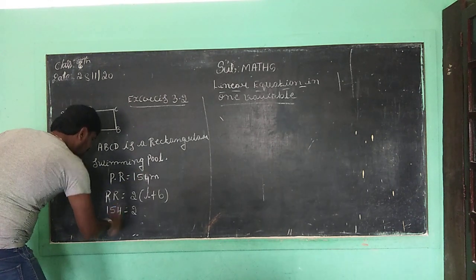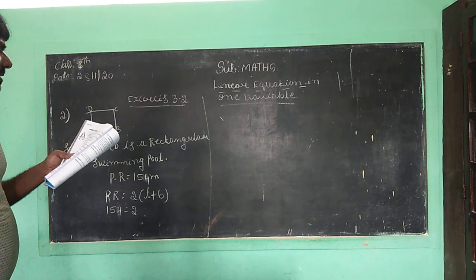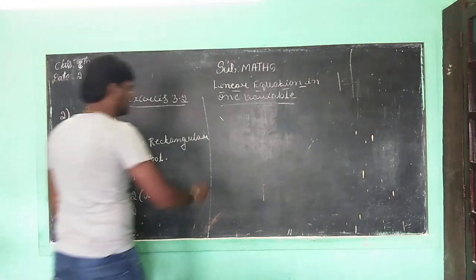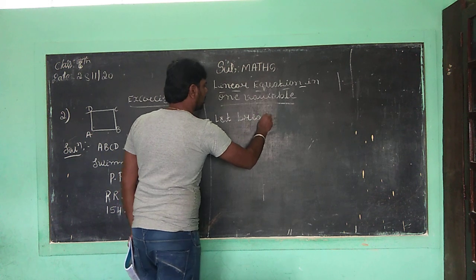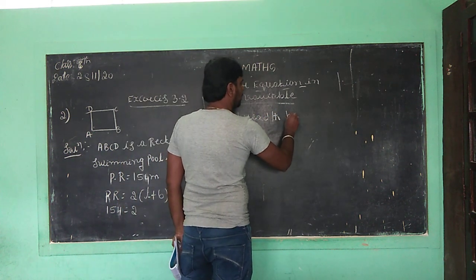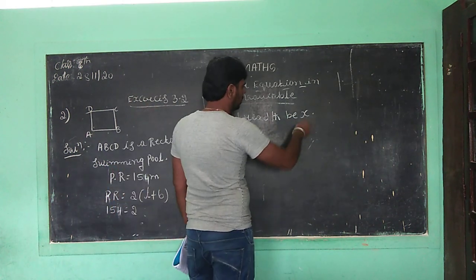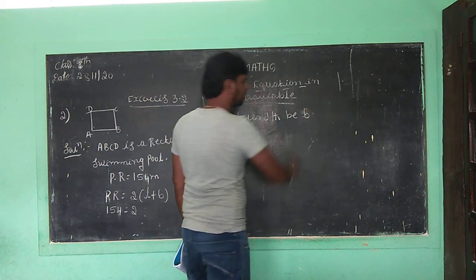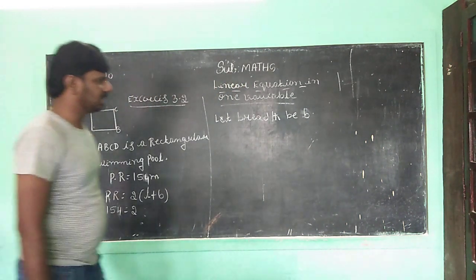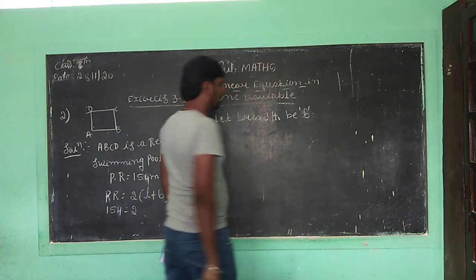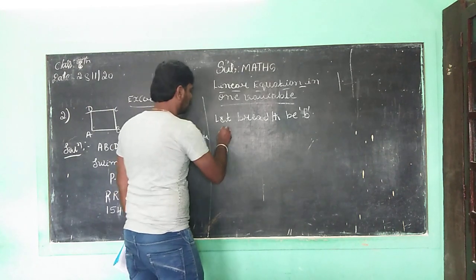Correct? So children, now you want to take, if the length is 2 meter more than twice the breadth, that's why you want to take, children, let the breadth be x. Correct? Breadth b, you want to take, whatever it is, b or x. Breadth b you want to take, children, only b. Correct children? Next, length, you want to take length is